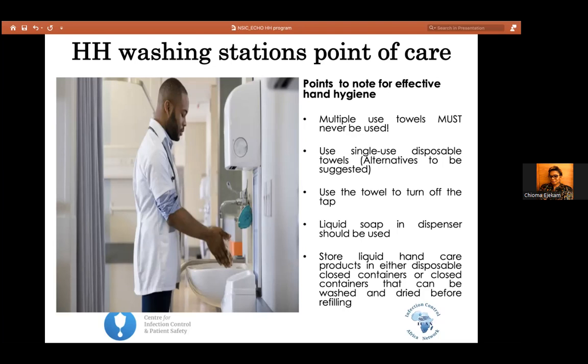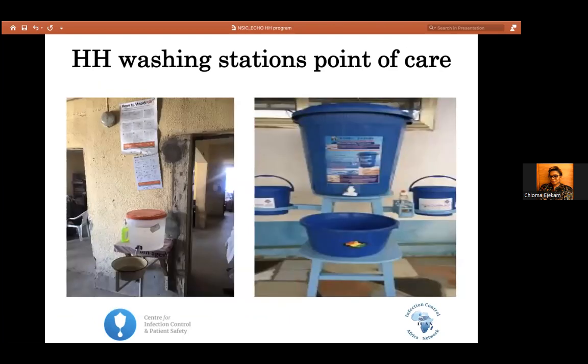That's why you see beautiful pictures of different things. You may not have all the nice, well-built ones here, but we have innovated in Africa and different places. Liquid soaps are preferred.